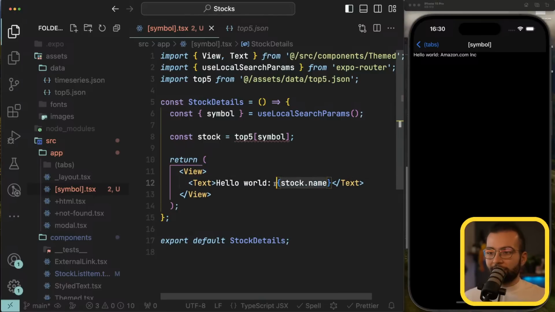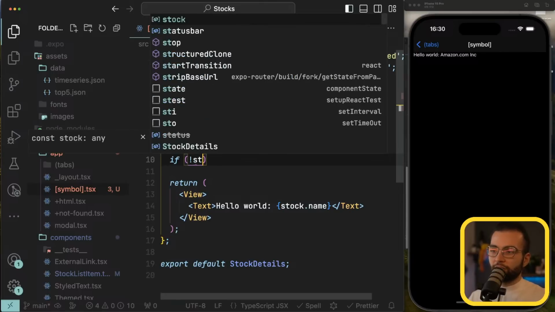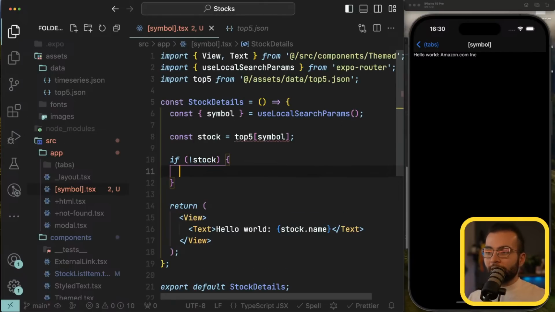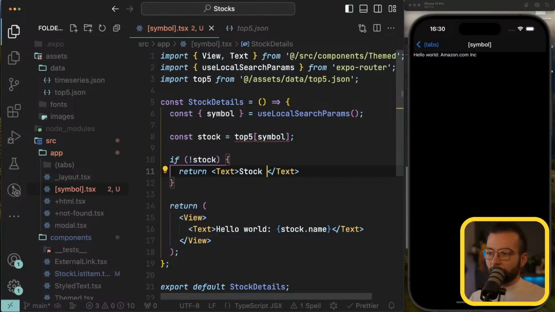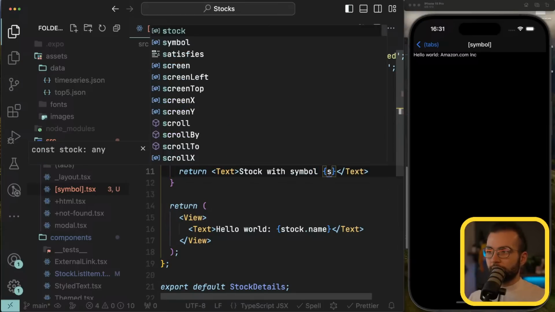So that means that now we have access to more information about the stock by getting this information from somewhere. Later on, we're going to get it from the API. Now we're simply getting it from our top 5 dummy data. And of course, it's going to be smart to handle it if we didn't find the stock with that name. We're going to return a text: stock with symbol, let's say symbol